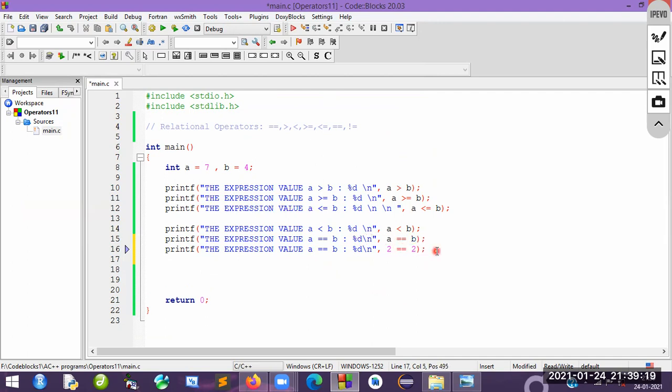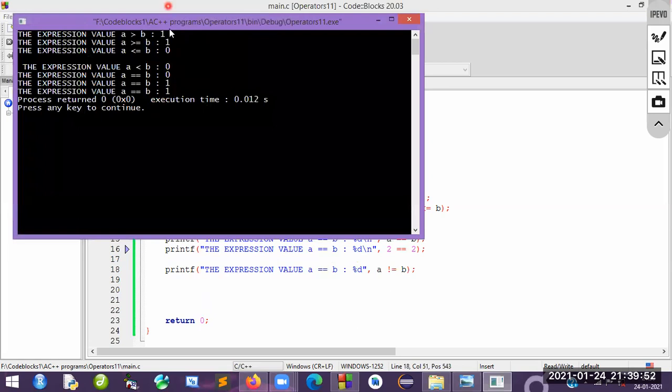So we have discussed comparison as well. Again, one more thing we will discuss, not equal to. Suppose, examples here. Here we have done a equal to b. Now I will mention not equal. So what is the value of a? 7 is not equal to b. That is absolutely true. So that's why it will give you the value 1. Let's see this one. See here, we are getting 1.